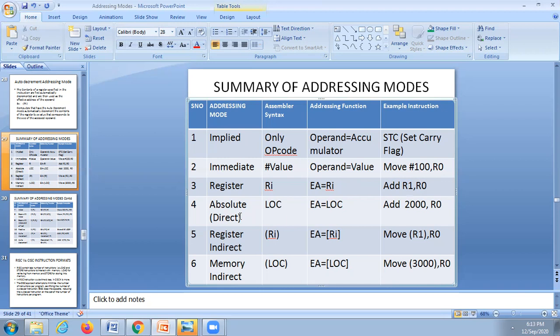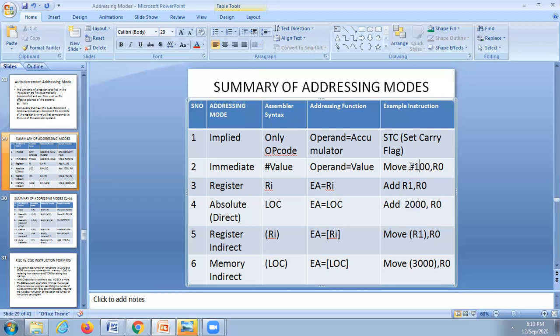Then absolute addressing mode. In the absolute addressing mode, one of the operands will be a memory address. That means here add 2000 comma R0. This 2000 is the address, whereas here hash 100 is the data. Why?